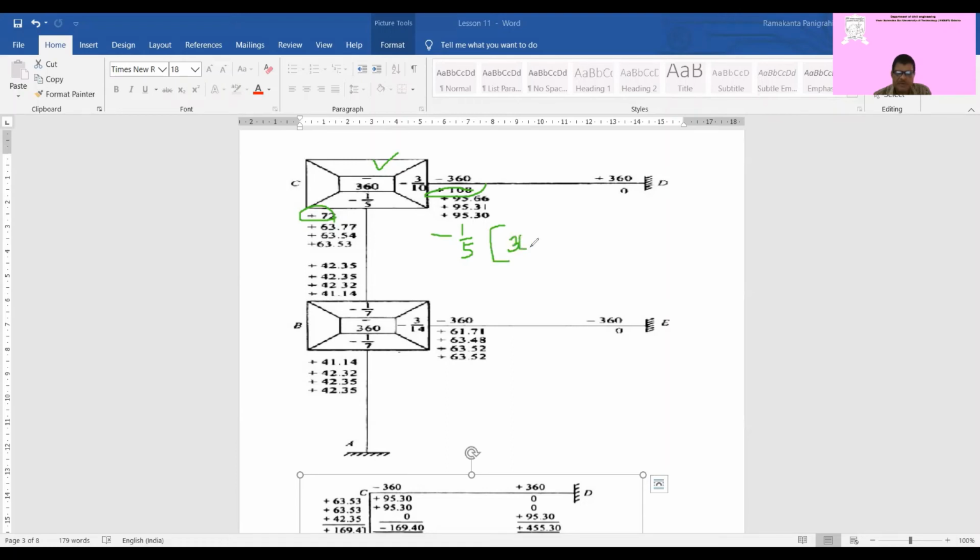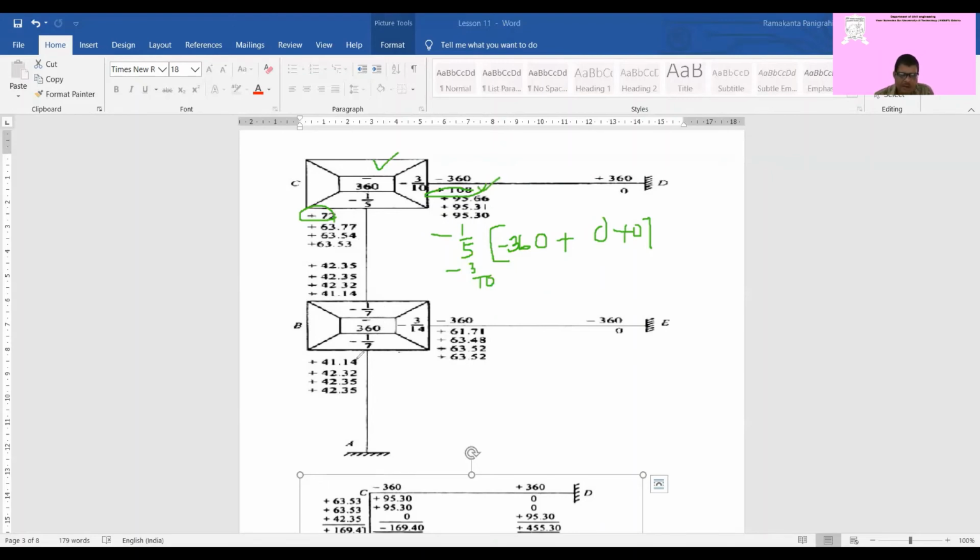That is a task for you. So this is minus 360. Then the contribution from this end is 0 from EB, and initially also 0. So now what will the value be? 360 by 5, it is 72. Plus here it is 3 by 10. So if you do 1 by 5, you will make here 3 by 10. What does 3 by 10 into 360 give? 360 into 3, it comes plus 108. Are you getting my point? It will come to here.